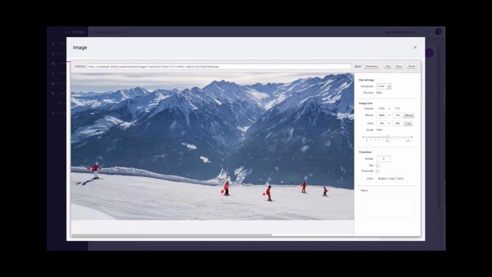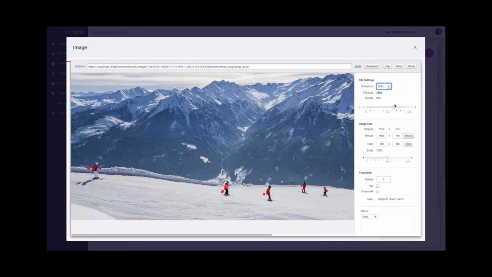We've also updated the image editor, which is a tool built into dotCMS itself. Now you can upload imagery and you can compress it as a JPEG. You can see how the compression affects the file size. You can even compress it as WebP. And you can see here that by default, WebP is far and away the smallest file size you can get. It also compresses very well, meaning you can adjust the quality and get this image down to 69K. This is a banner image, and it still looks very, very sharp compared to JPEG here.